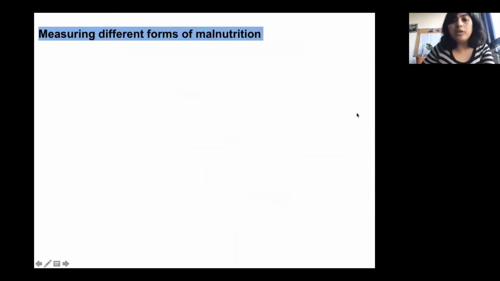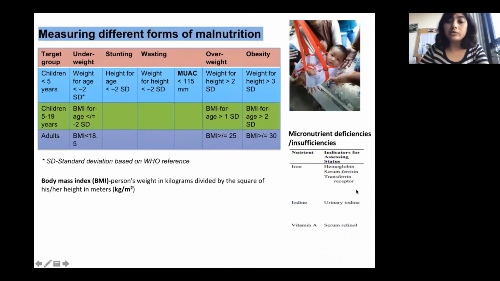So how do we measure these different forms of malnutrition? I don't want to discuss it in detail, but just to give you an overview of how we identify this in different program settings. In a lot of countries, the lower and middle income countries, they target children under 5 years of age and adults, especially pregnant and lactating women, in their nutrition programs, and they use different approaches to identify